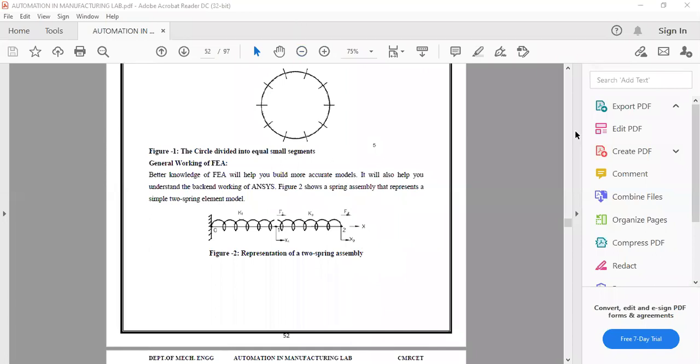Is that clear, or do you have some doubts in this basic principle of FEA? So it is clear.